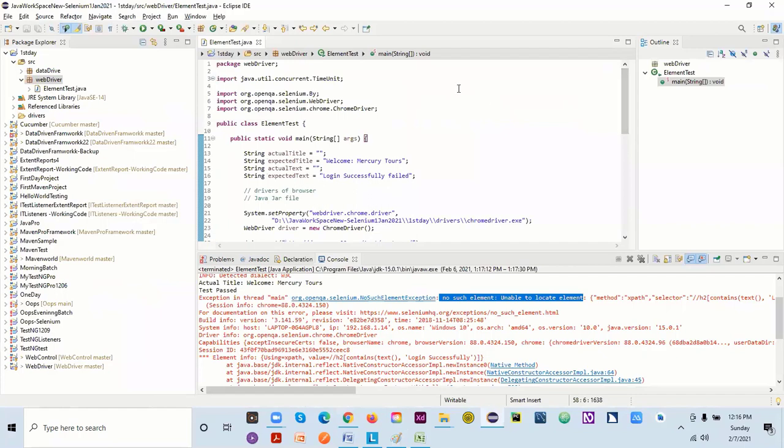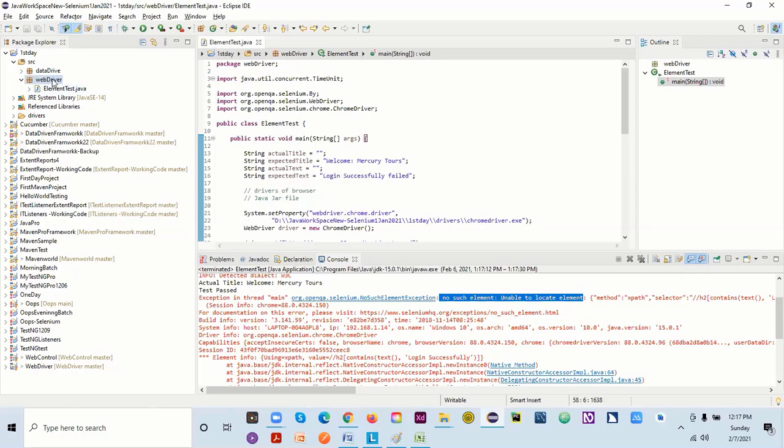Whatever script I write, I'll be keeping all of it in my GitHub account. You can also create your GitHub account, and even if you don't have a GitHub account, I'll be sharing that code with you. Later on, if you want to try, you can just copy and paste from there and run the same code on your machine.